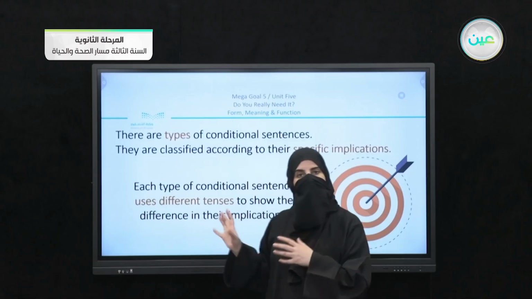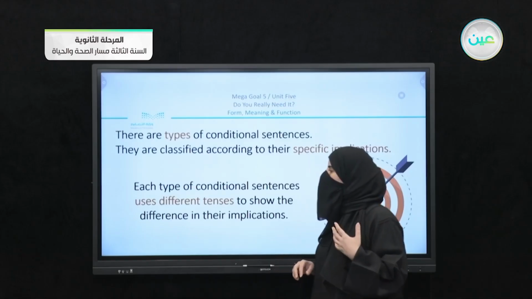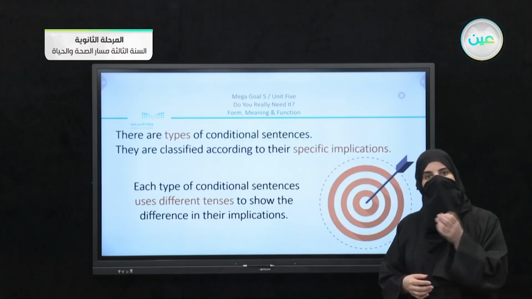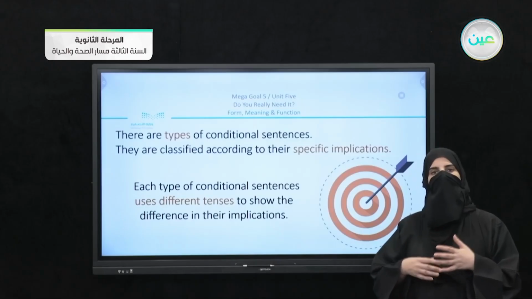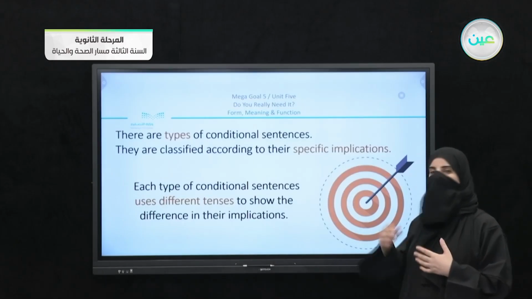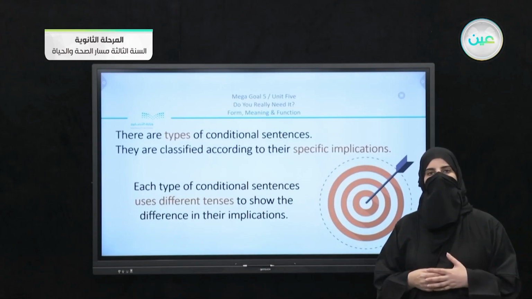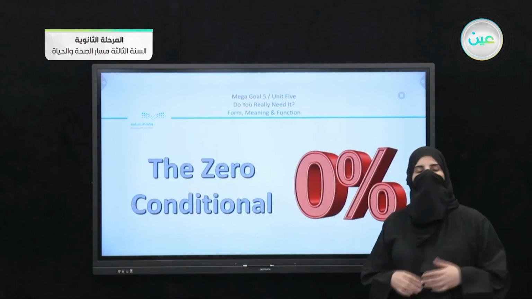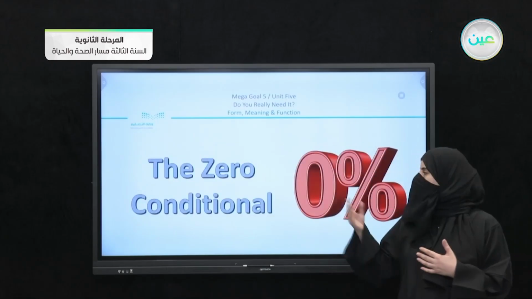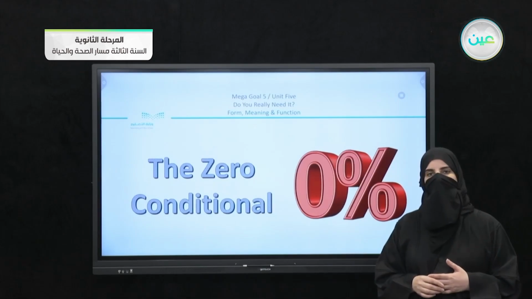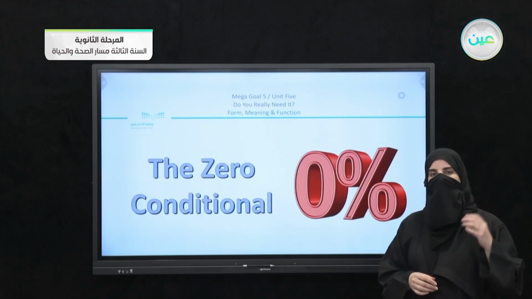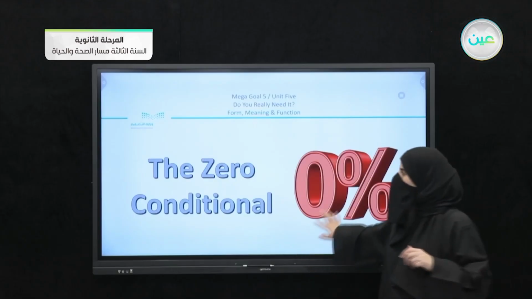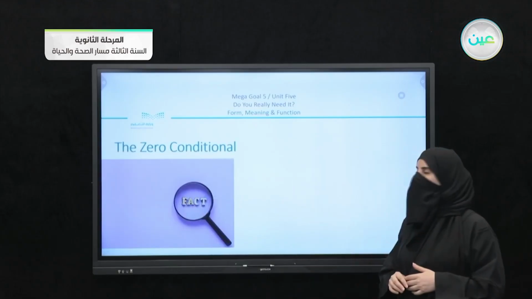So here, in this part, we understand that there are different tenses, and from these different tenses, we can know the difference in the implications. So we are going to move on with our examples. We are going to start, first of all, with the zero conditional. Now, just put in mind that we are dealing with something that is zero. So we have here the zero conditional